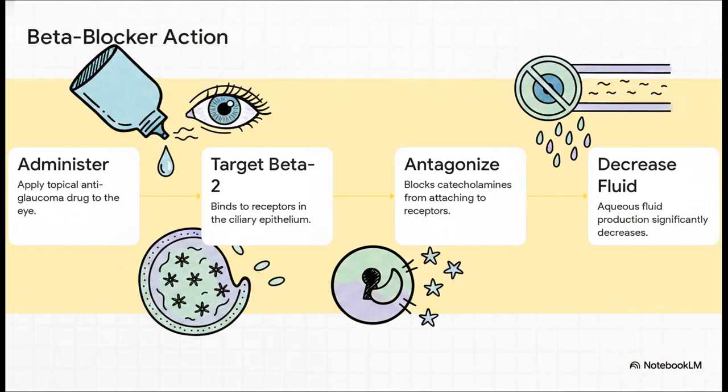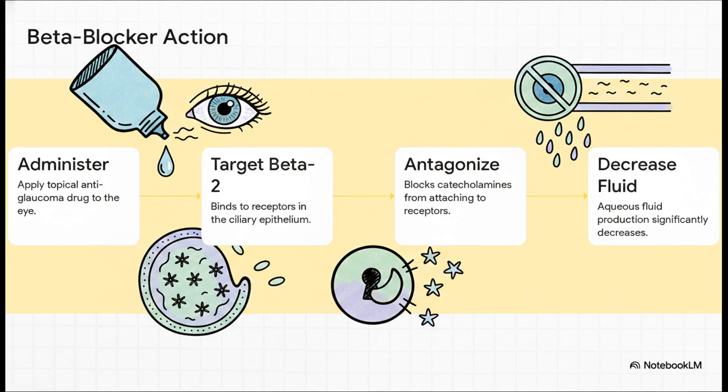Glaucoma is very often managed by controlling the intraocular pressure in the eye. And the sequence to do that is incredibly precise. Let's trace a topical anti-glaucoma drug, specifically a beta blocker. Step 1. The patient administers the topical drug. Step 2. The drug bypasses everything else and specifically hunts down beta-2 receptors located in the epithelium of the ciliary